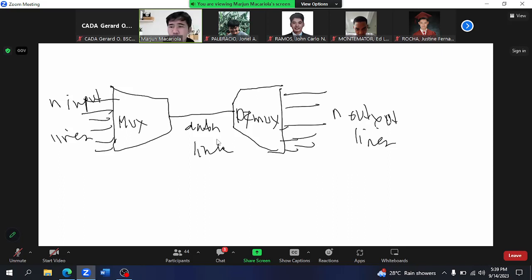So what the multiplexer or multiplexing does, it allows simultaneous or multiple transmission of signals into a